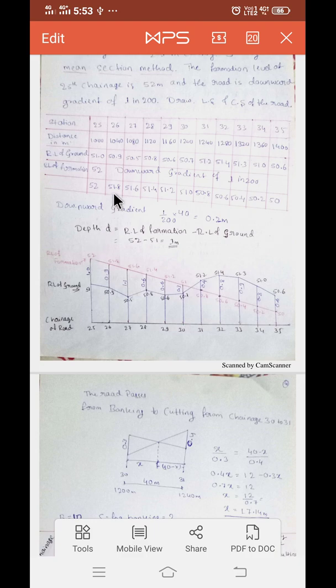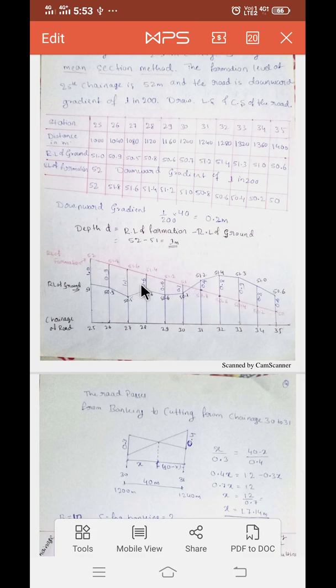After that again it is 51.8, means it is 0.2 meter downwards. So after this every chainage is having downward gradient of 0.2. So just mark 0.2 lesser than this here. You calculate, it is 51.8, 51.6, 51.4 likewise, and join those points with the red ink, which shows the RL of the formation. This is the RL of the formation of the road, means this is our road profile. Correct.